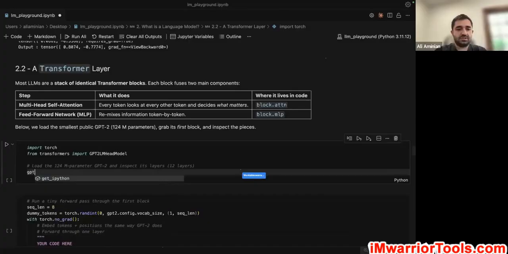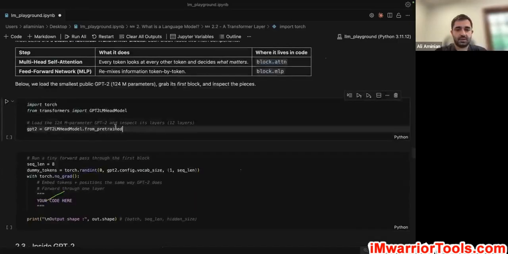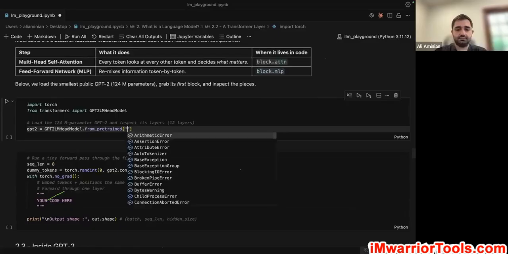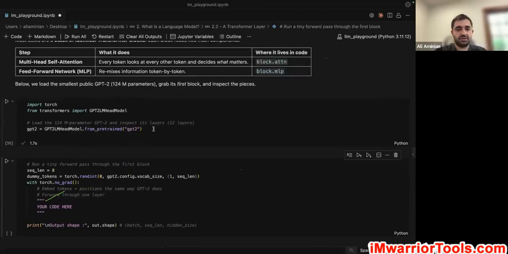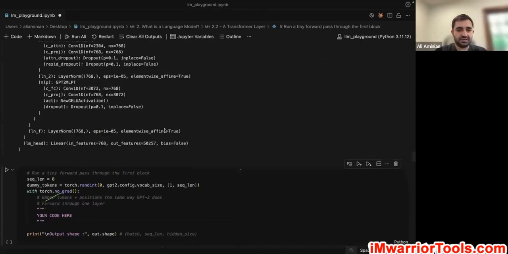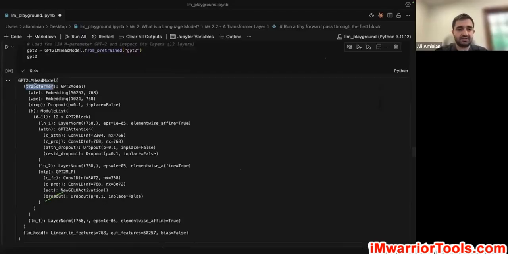I'm going to write gpt2 equals GPT2LMHeadModel.from_pretrained, and then I write gpt2 here. So now if I run this, it would give me the GPT-2 model. Now I can inspect it. If I print gpt2, we would see all the layers when it was created. It has a transformer layer. This is the module name. It has the position embedding and the word embeddings. And then it also has a sequence of